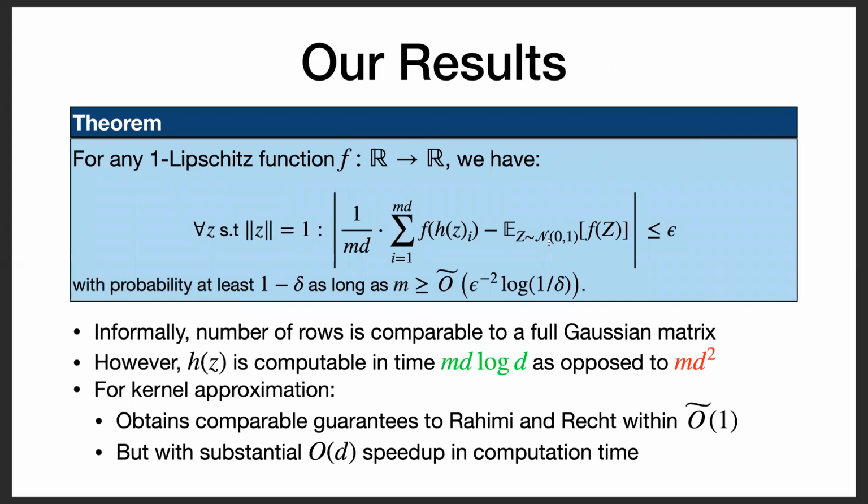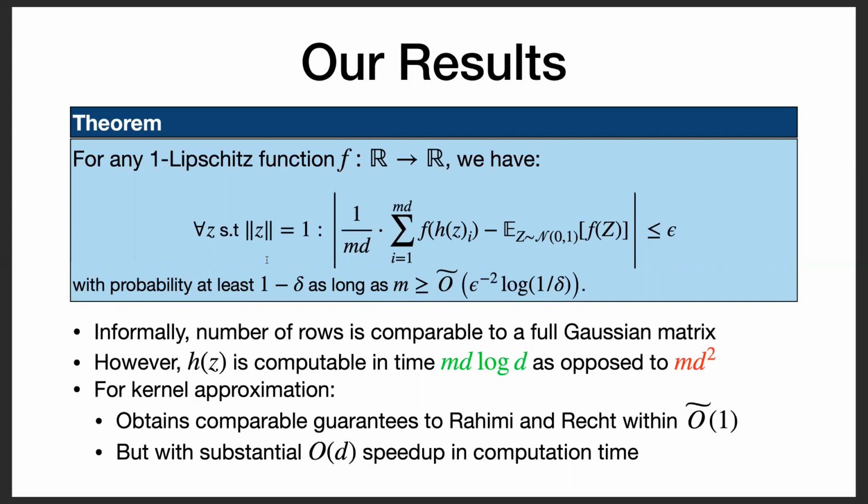And the main contribution of our work is that if you only care about the distribution of the entries of the output of this transformation, these matrices behave very similarly to fully random Gaussian matrices. So formally, we prove the following. Suppose you have some 1-Lipschitz function f, then the empirical distribution of the evaluations of f on the outputs of this transformation is close to its expectation with high probability, where the number of rows is roughly what it would have been if you used a fully Gaussian random